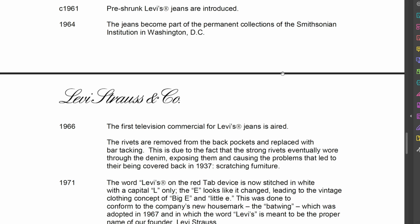Like, what a pain in the butt. We like it because it's fascinating to us, but on the day-to-day, who in the world would want jeans that you have to shrink to fit, right? We would all want pre-shrunk. So I don't know if that's the sanforization process right there, or if they just pre-shrunk them, but that was